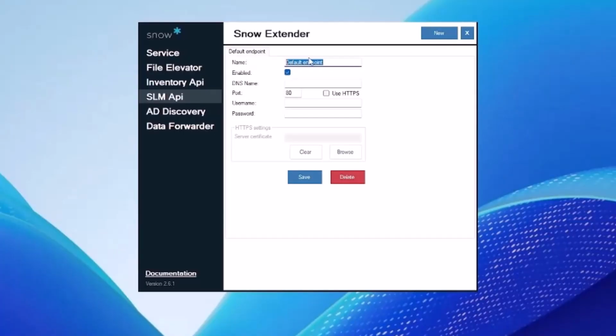Under the name, set your name you wish to use. In my case, I'm going to use SLM API. Choose whether it's enabled or disabled. Set the DNS name. Specify your port that you wish to use. In my case, I'm going to use 8082. And as well, you can use HTTPS if you wish to do so by checking the Use HTTPS button and